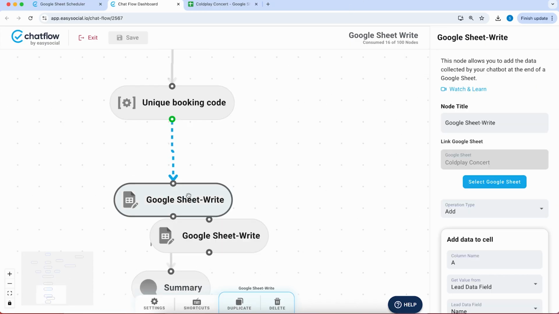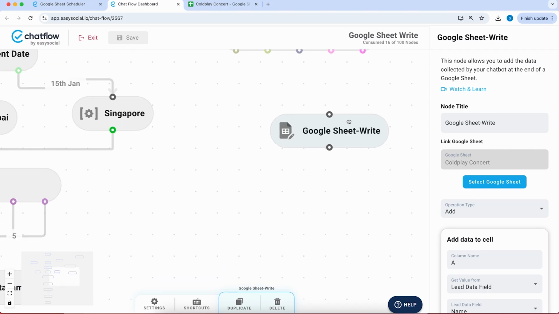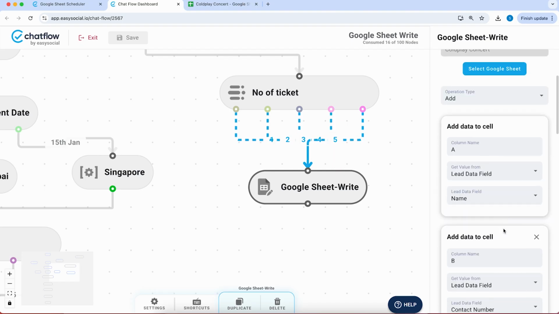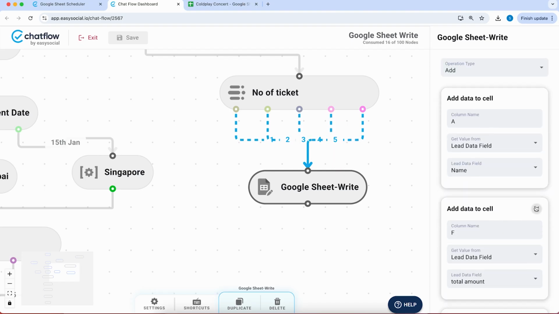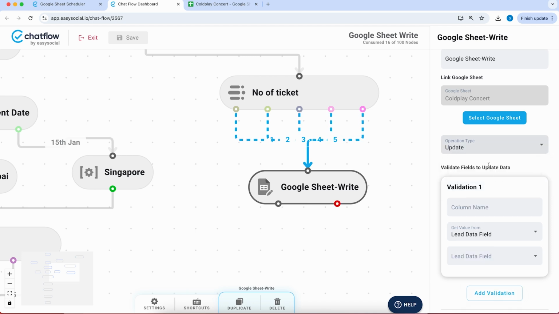So I'll duplicate this node and I'll bring it up. And here I will remove all these other fields. I'll click on cross, and instead of add, I'll choose update. Now here you can see the interface has changed a little bit. It is asking for validation. So now here I have to validate